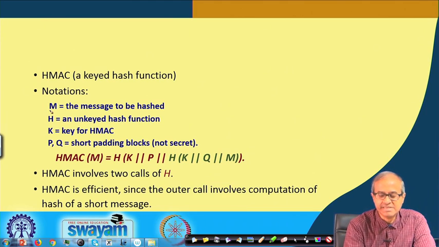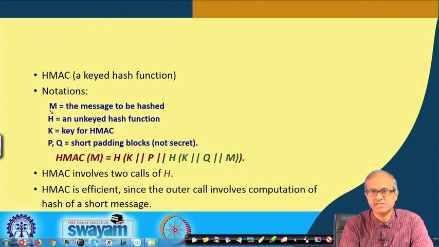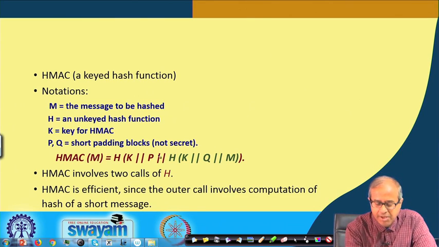Let us say M is the message for which you want to generate the MAC, or message authentication code. You want to apply the hash function on this M. So, you apply the hash function in two steps. This is the first step,